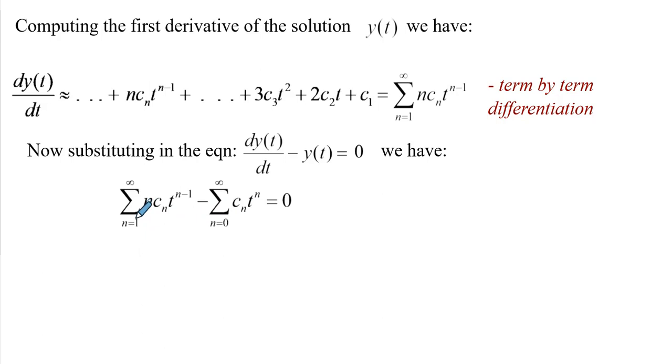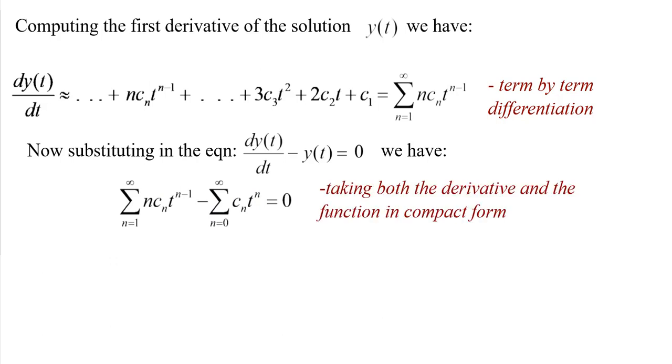This is the first derivative and this is the solution. So we're subtracting, or getting that equal to 0, like the differential equation states. And then in this equation, the problem which we must note before we can proceed is that the power of t here is n, and the power of t there is n minus 1, and that makes it difficult for us to continue. So to continue here, we need basically to have the power of t in the two summations